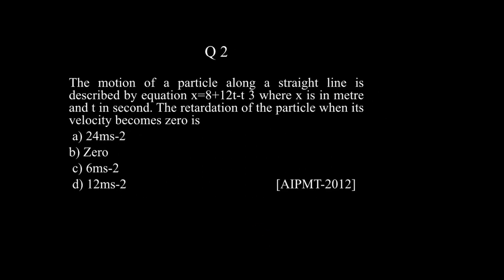The motion of a particle along a straight line is described by the equation x is equal to 8 plus 12t minus t cube, where x is in meter and t is in second. Find the retardation of the particle when its velocity becomes 0. Okay. So we need to find out the